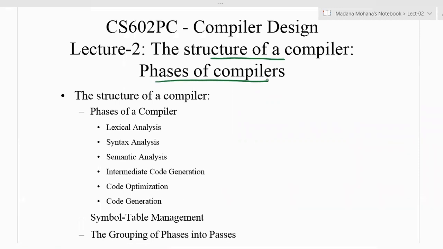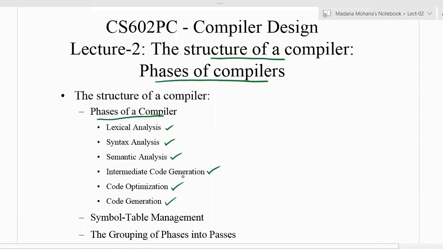That form is called the structure of a compiler, which consists of all the 6 phases. That is lexical analysis, first phase, syntax analysis, second phase, semantic analysis, third phase, intermediate code generation, fourth phase, then code optimization, fifth phase, then code generation, sixth phase.